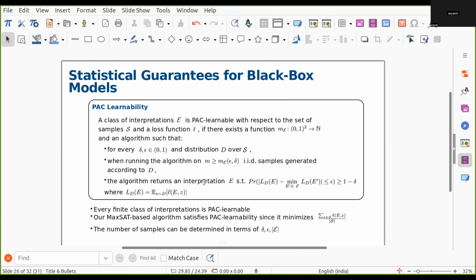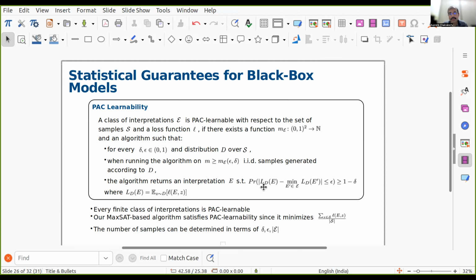And the algorithm returns an interpretation E such that, I mean, this E is what you're getting by saying this is the best interpretation in this class for this small set of samples. So in our case, this is a Pareto-Optimal interpretation for the given set of samples. This is the interpretation which maximizes that sum of the weights that I showed you for the given set of samples. And the guarantee that we get is that the interpretation that it returns, whatever we are getting from solving that MaxSat, the Pareto-Optimal interpretation, has this property that